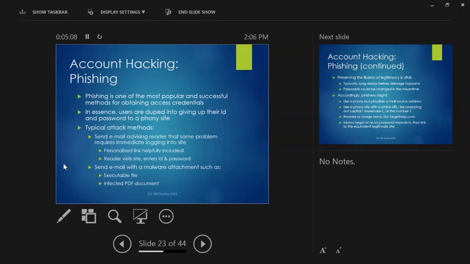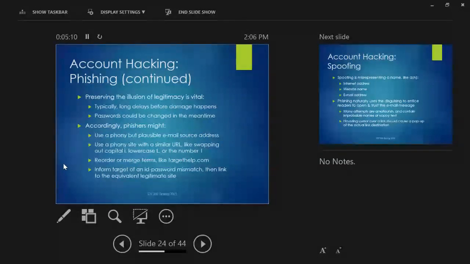that again lifts those access credentials somehow. Now, what we've talked about as far as the bad guys who are selling these passwords, right? In most cases, they're not looking for your passwords individually. They're looking to get a batch of account credentials that they can then sell in a batch to some other bad guys. So what that means is you're not going to be immediately at risk if they steal your password, right? There's going to be a little while where they're gathering up other passwords and it takes time to sell them. So for that, preserving the illusion of legitimacy is vital.